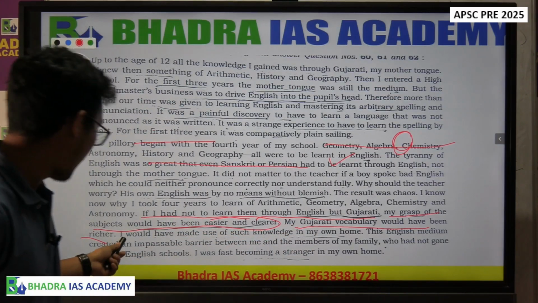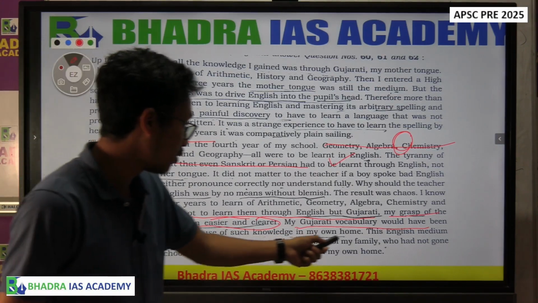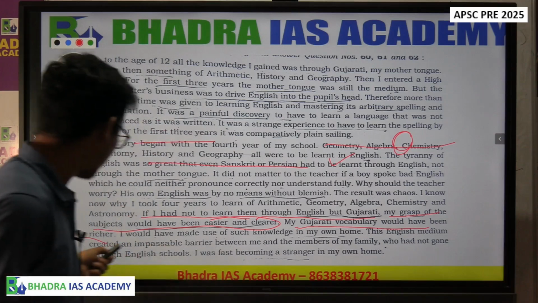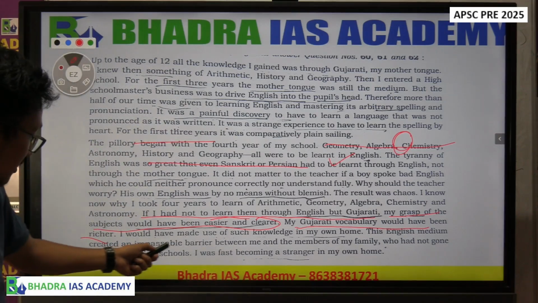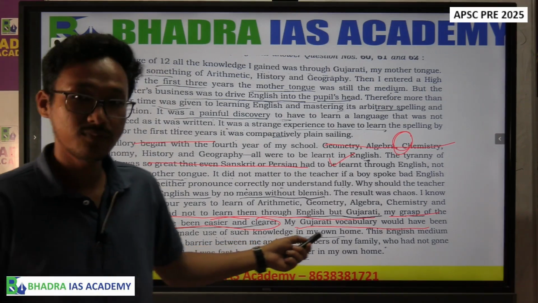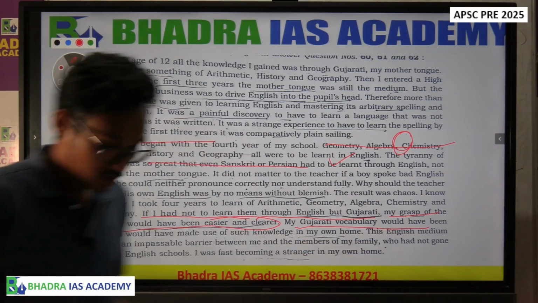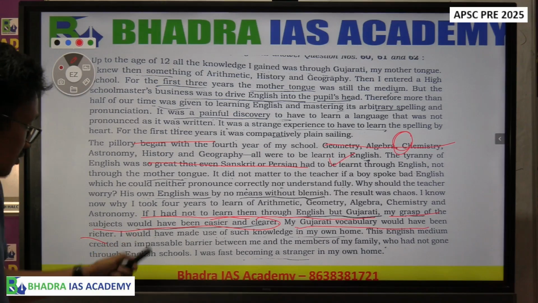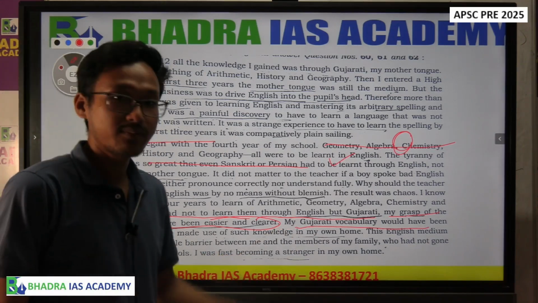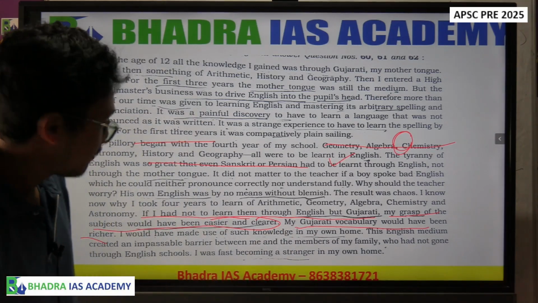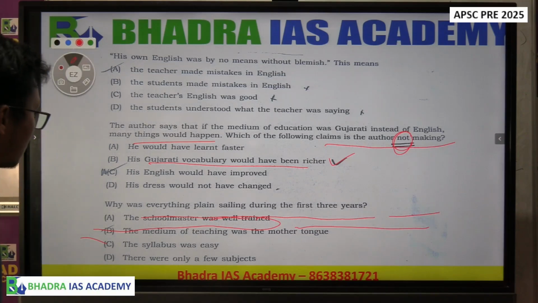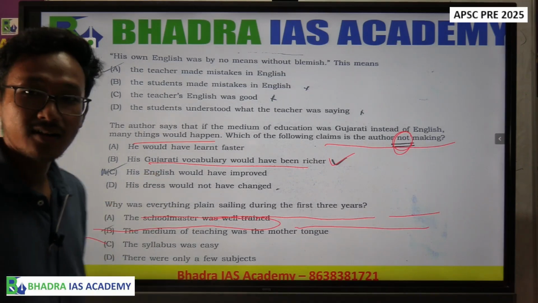Would have been richer. I would have made use of such knowledge in my own home. This English medium created an impassable barrier between me and the members of my family who had not gone through English schools. I was first becoming a stranger in my own home. So the claim he made, and inside it he said that